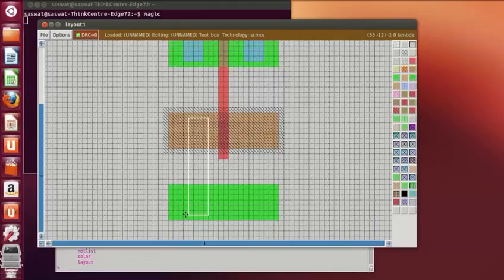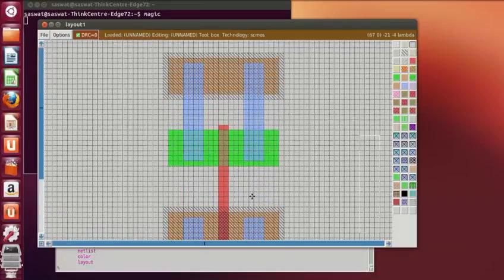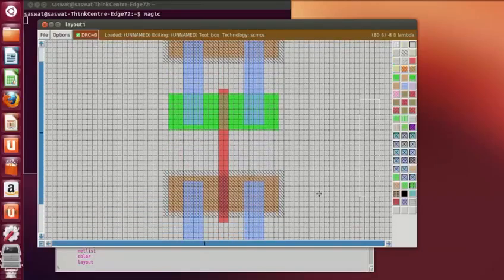Similarly over here, middle click on M1, these two sources, and for these two drains, middle click on M1. Okay, this is just a rough sketch. Okay, now